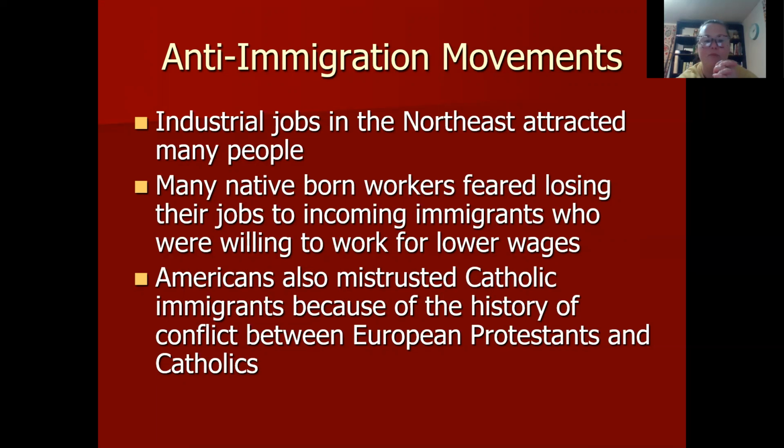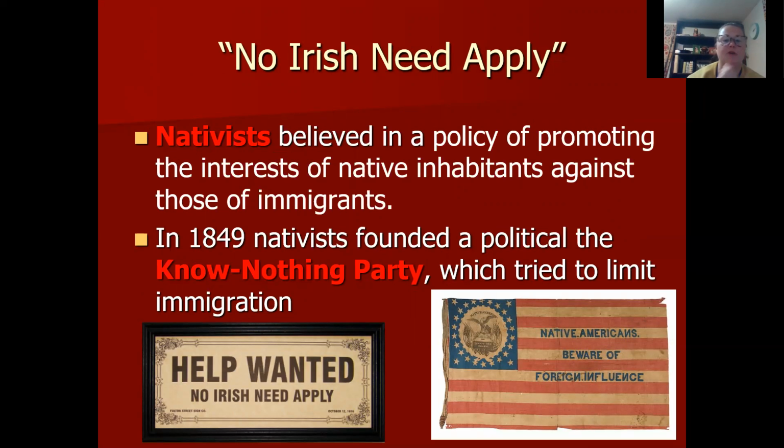So I think it's important to make the connection right now to what's happening in America. This same type of anti-immigration rhetoric is happening right now towards people who are coming from south of the border, Mexico, Central America, and South America. The same ridiculous way of thinking is happening today. People still haven't learned their lesson. Hopefully you can learn your lesson as you become an adult and make sure that this anti-immigrant idea does not continue.